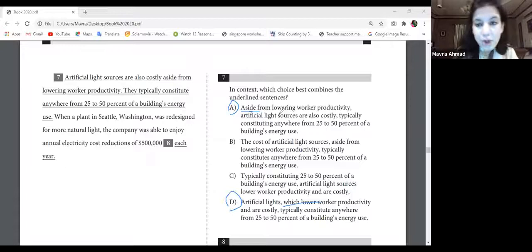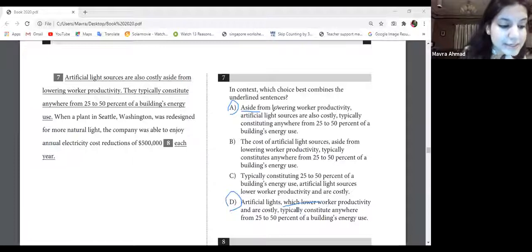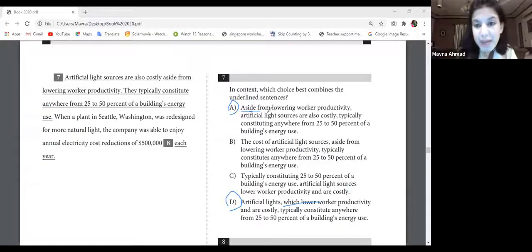So if you look at option A, it opens with reference to lower worker productivity and it creates a transition from the previous paragraph. Like I mentioned कि पूरे पैसेज में जो सबसे इम्पोर्टेंट बात की है वो वर्कर हेल्थ और प्रोडक्टिविटी की गई है, and not about the cost, about the energy consumption of installing artificial light sources. सो लोअर वर्कर प्रोडक्टिविटी पे जब एम्फेसाइज किया जा रहा है, सो जो सबसे अप्रोप्रिएट चॉइस है वो हमारे पास ऑप्शन ए बन रही है because it has a correct and concise sentence structure,